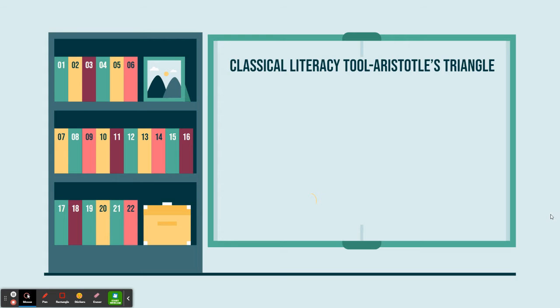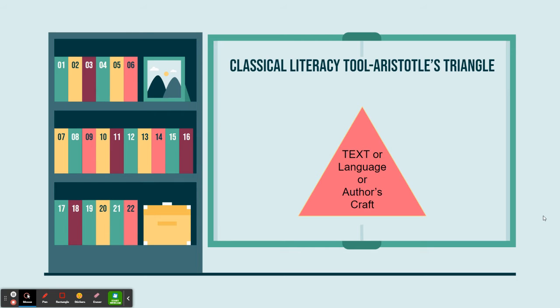So if we're not going to use pi, what are we going to use? We're going to go way back to classical education. All right. Aristotle used a triangle to teach these concepts, right? And in the middle of the triangle is where you place the text under observation. It can be an entire text. You'd have a hard time fitting it in the triangle, but it could be an entire book or an entire article, or it could be a couple of sentences or even a page, whatever language you're actually attempting to have